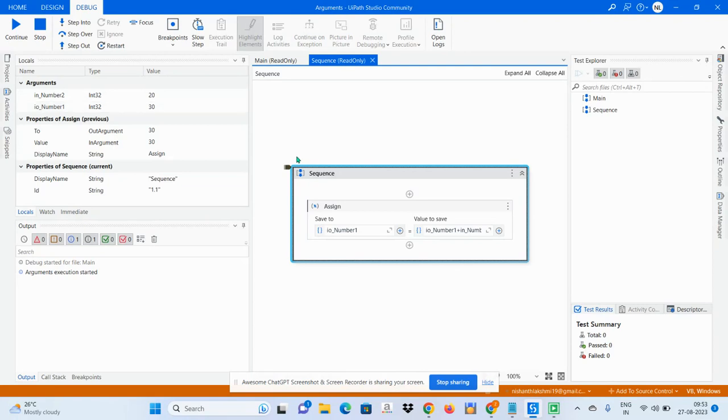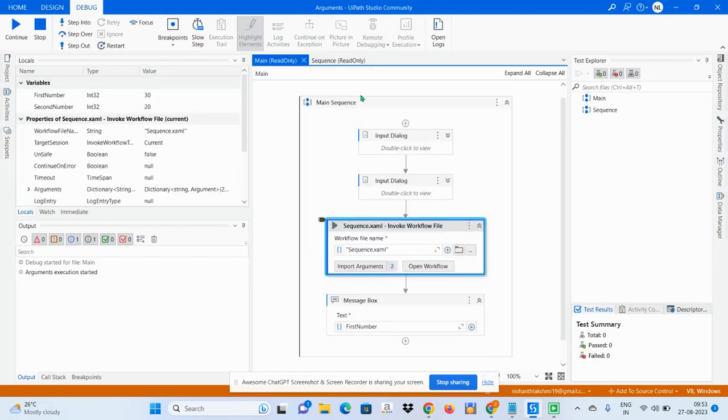Before execution of this particular activity it was 10, but now it is 30, because after the addition we are storing the result in the same io number one only. Now if I step into, that value will be passed to first number. See, the first time when the user was entering, the value was 10, but now we have the value